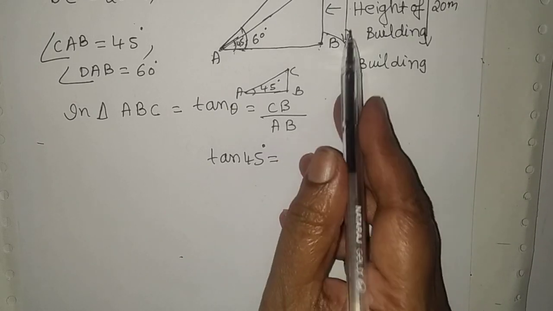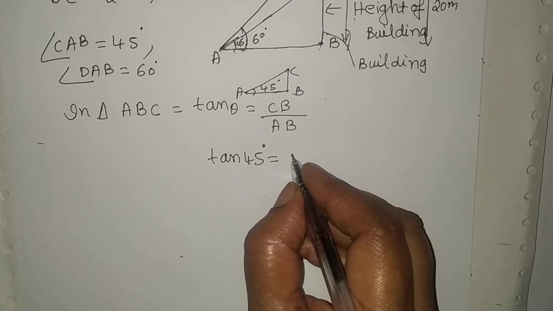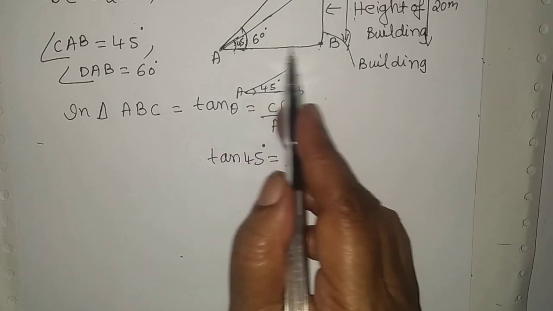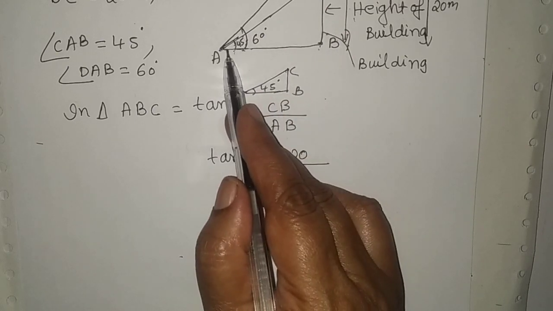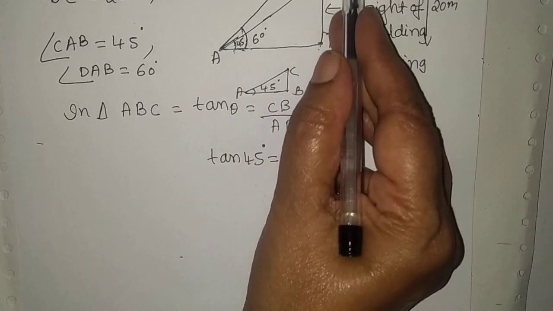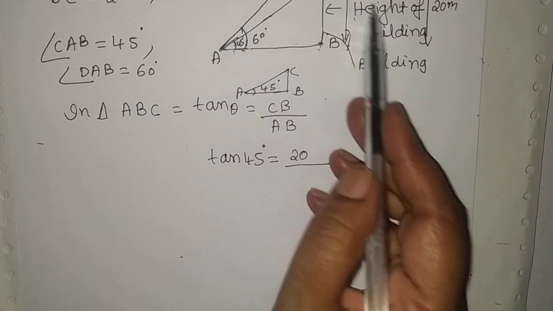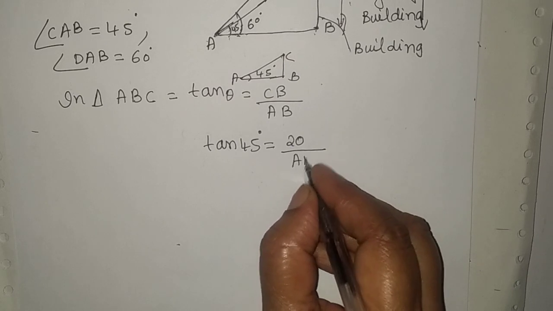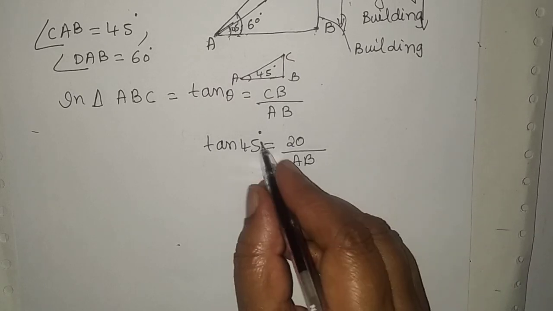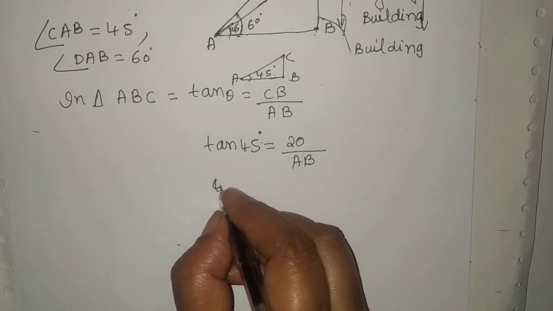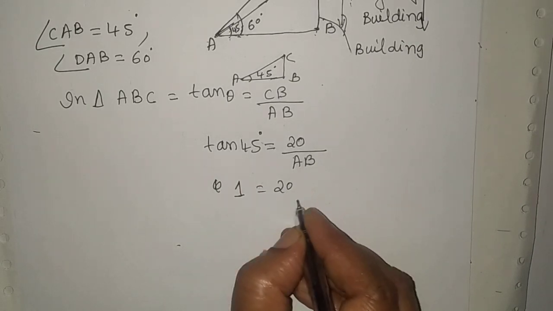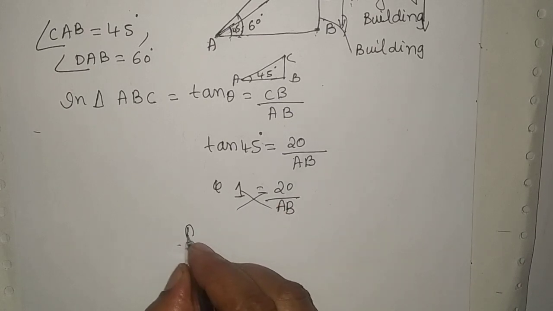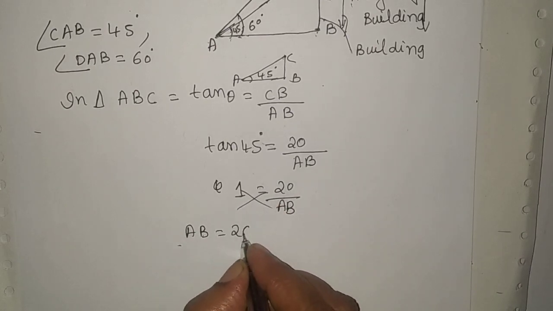CB is the height of the building, that is 20 meters, by AB. We don't know AB. We have to find the height of the tower H. Then, cross multiplying, tan 45 is 1, so 1 is equal to 20 by AB. Therefore AB is equal to 20